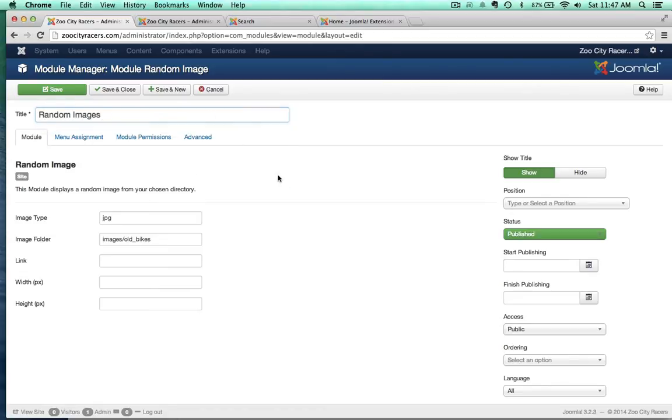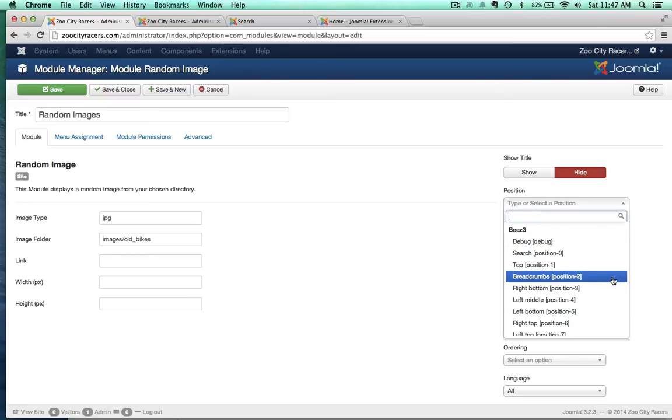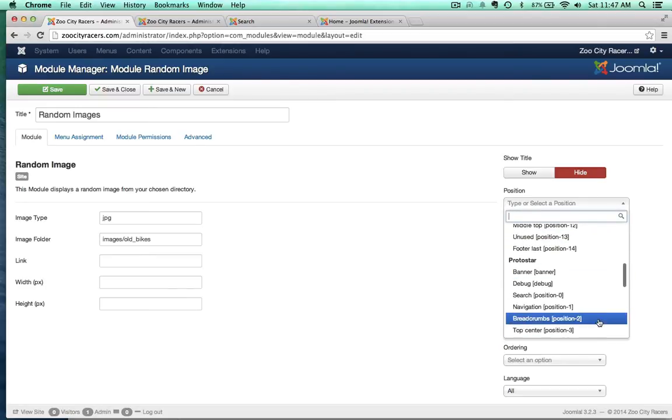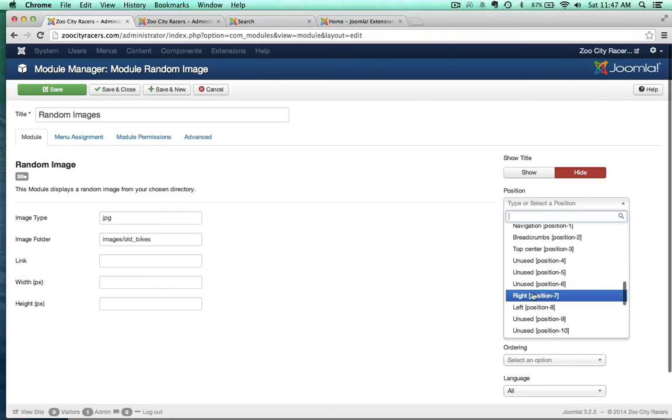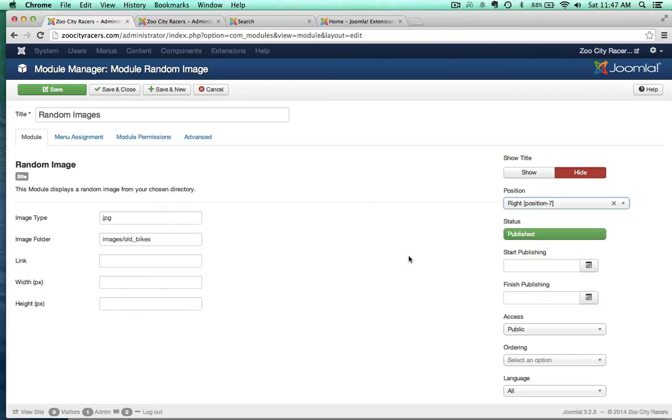Okay, and then what else? Hide the title. Okay, and then select a position. Now we have to, of course, select one with the Protostar template, and then let's just put it at position 7 one more time. We've been working with that position quite a bit. I think we're good. Let's go ahead and hit save,